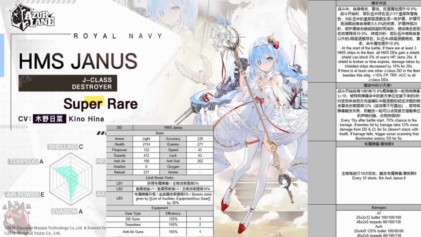That's what the J-class destroyers feel like to me. All right, let's move on to skill number 2, see if that fixes anything. Every 15 seconds after the battle starts, 75% chance to fire a barrage. This barrage includes torpedoes, so that's nice, but it's not particularly fantastic damage-wise. Enemies hit by this barrage take 12% more damage from destroyers and light cruisers for 5 seconds, and it doesn't